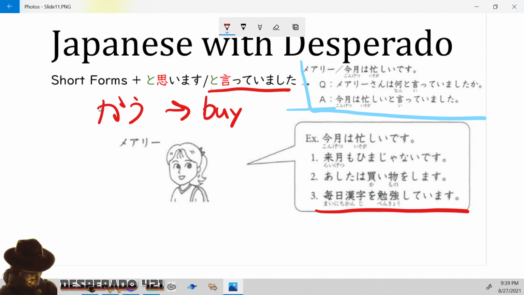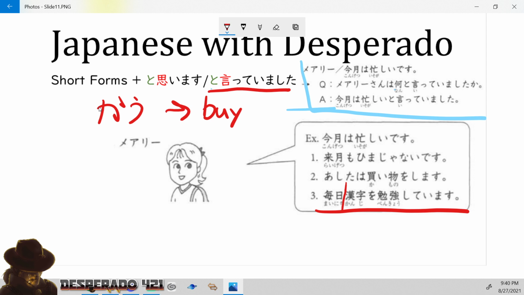Mainichi kanji o benkyou shite imasu. Very good. So let's do